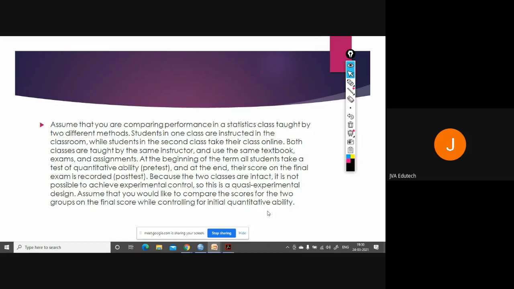So if within your dependent and independent variables there is also some extraneous variable that is affecting the results, then you will control it. That is not part of your experiment, but it is affecting the dependent variable. Initial quantitative ability of the student could affect their scores. It can affect the outcome. So you have to keep control of this covariate. In that case, you will apply ANCOVA. Or you can apply hierarchical multiple regression also. When we do regression, we'll see this. As of now, let's apply ANCOVA.